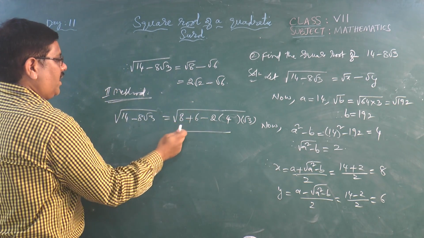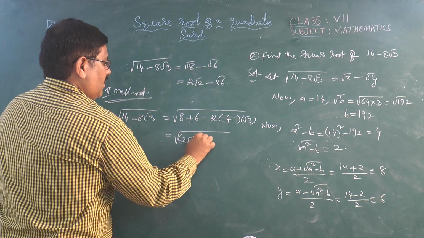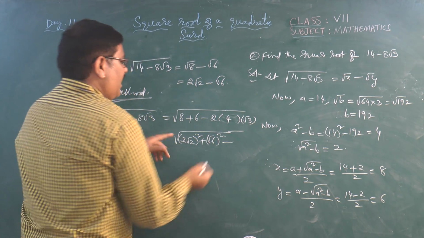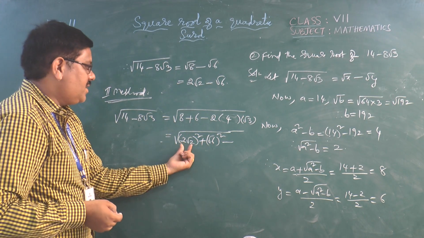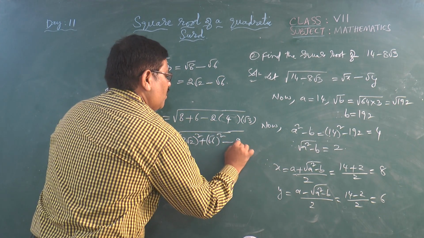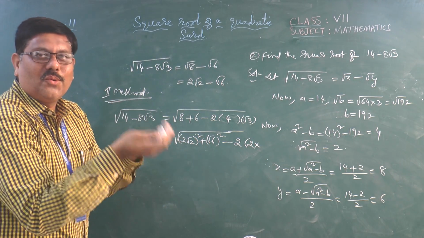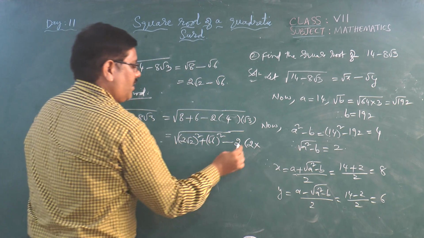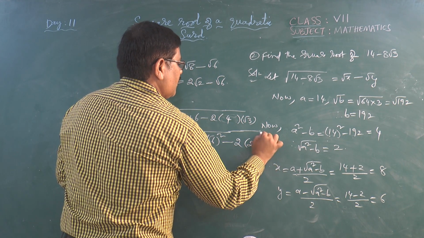So here I have to get 8 as 2 root 2 whole square plus 6 as root 6 whole square minus, even here I have to get this form. This is very important. 2 root 2 into root 6. This is a and this is b. So I have to convert this into this particular form. I will write it 2 times. 4 I will write as 2 into root 2 into root 2. Root 2 into root 2 is again 2. So 2 2s are 4. 1 root 2 I will send inside. So 2 into, let me write it as root 6.